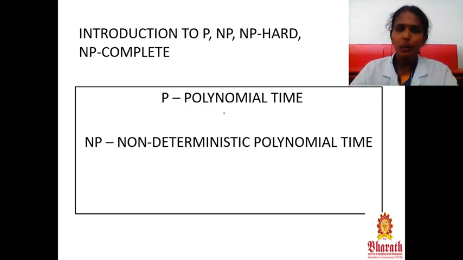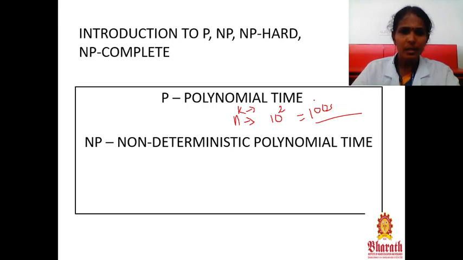If the algorithm's time complexity is polynomial, meaning it is executed in polynomial time, we can identify the time. For example, polynomial time may be n power k, where n is the number of inputs and k is a constant. Consider an algorithm with 10 inputs, so n is 10 and k may be 2 or 3, any constant. So I can calculate the time for an algorithm as 100 seconds or minutes, whatever it is. I can say it is polynomial time.